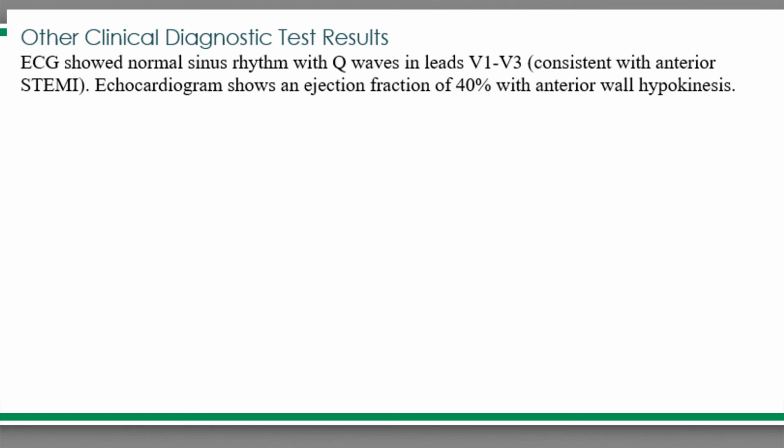The other clinical diagnostic test is that she has a normal response with her EKG, and as I had mentioned, because it is where she had her coronary artery atherosclerosis, it says that she has some anterior wall hypokinesis. The left ventricle is the big part of the anterior wall. Low movement would be expected because it's a damaged muscle. Her ejection fraction is 40%, which is low, and hopefully we can have an improvement with